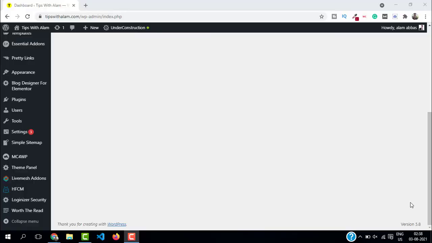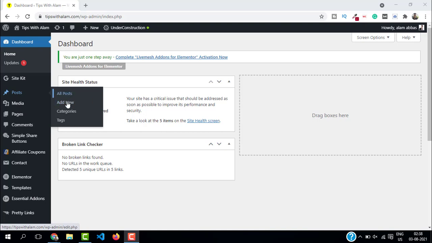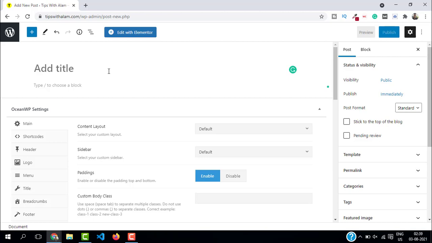Now let me show you how you can add alt text to your images in your WordPress website. To do that, you have to log into your WordPress dashboard. So as you can see, I'm inside my WordPress dashboard. Go to post and click on add new. You can do this to all the images that you have already added by going to library and images. And here let me give a title. I will give the title as demo blog post,